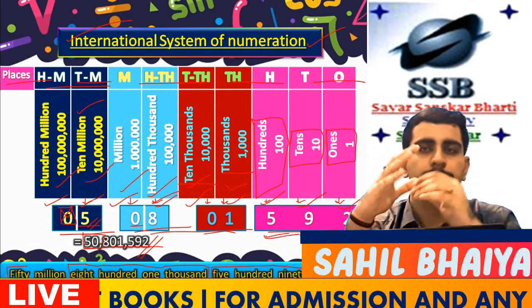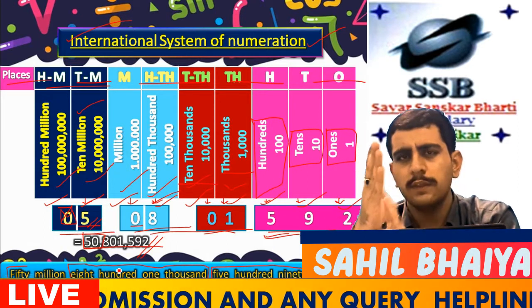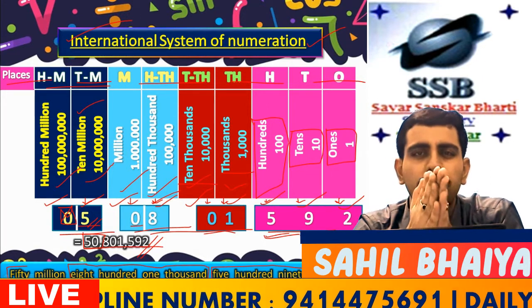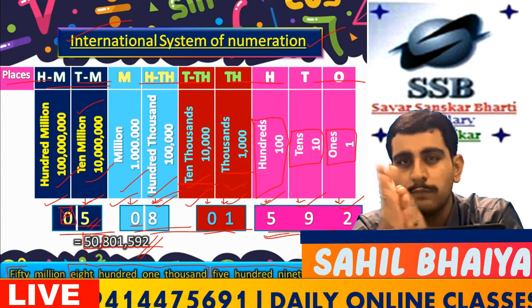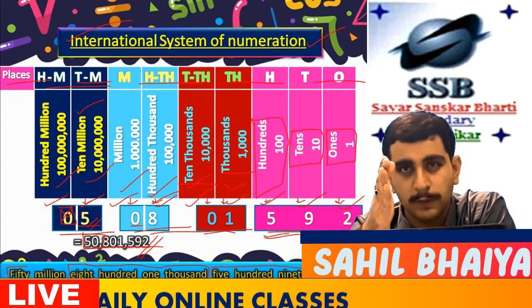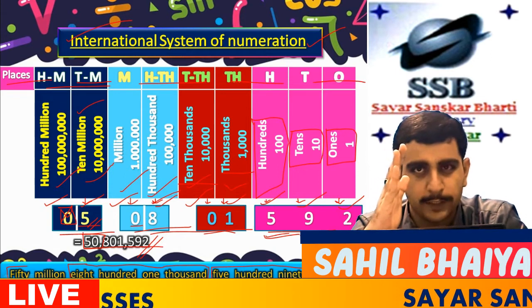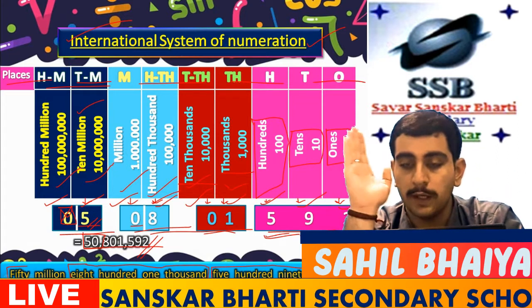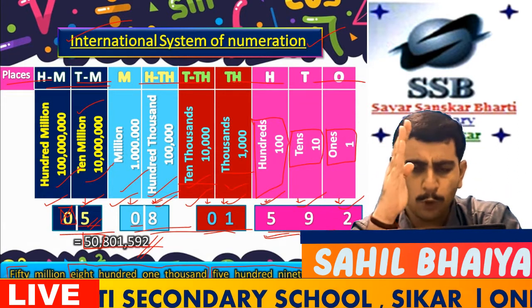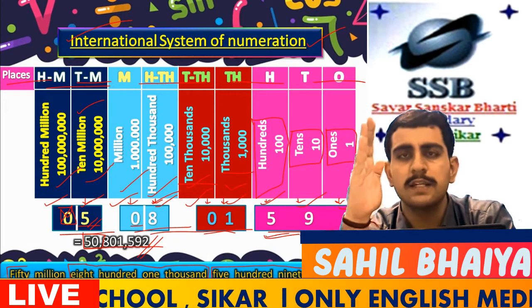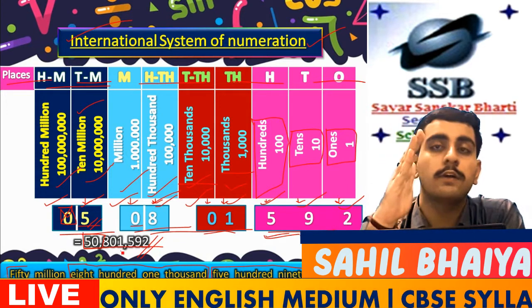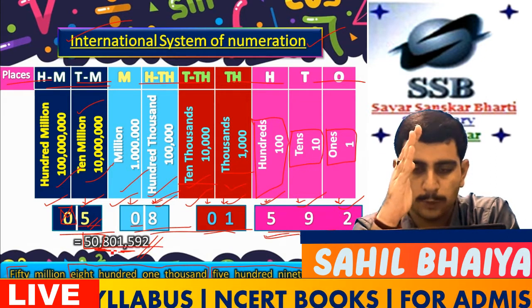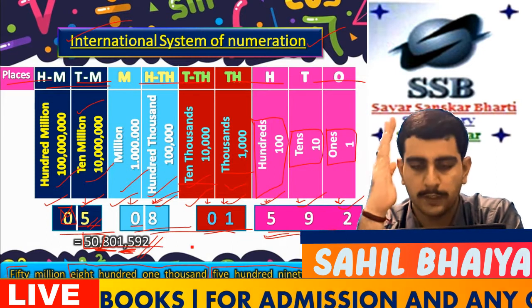Now what do we have to do next? In both cases you see there are numbers, but in between the numbers there will be commas also. So how do we place a comma in numbers? Is there a specific rule for it? The answer is yes. You can see the screen behind me using the commas. Commas are used while reading and writing large numbers, because in smaller numbers we don't need them, but when we go into large numbers we need commas. So first we see the use of commas in the Indian system of numeration.